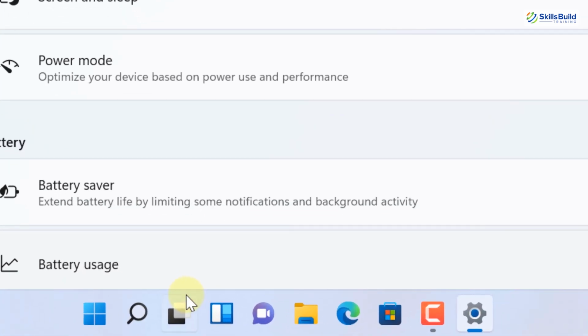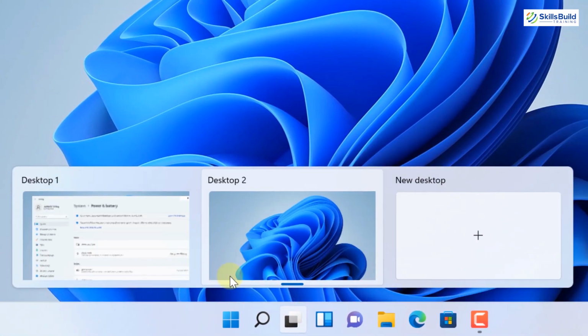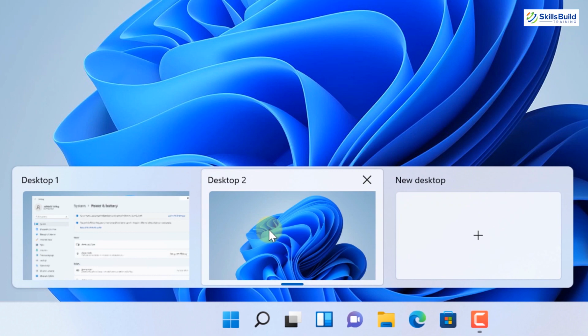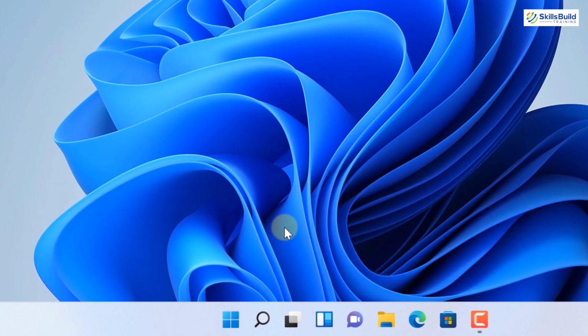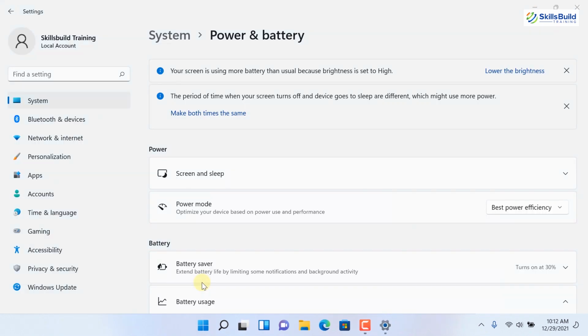If you hover over this icon at your taskbar, here you can see I have already opened 2 of my desktops. In one of them I have my settings opened and in the second one I have nothing. So if I click on the second one, here you can see it is clean. It means I can open different types of applications related to one work